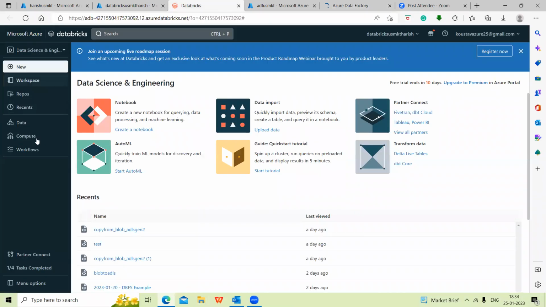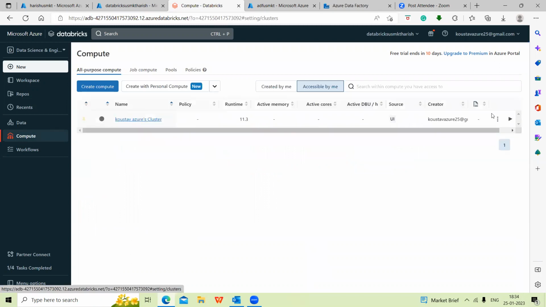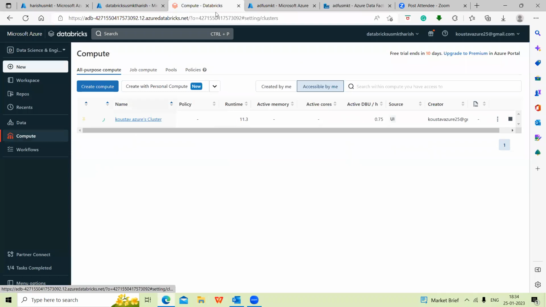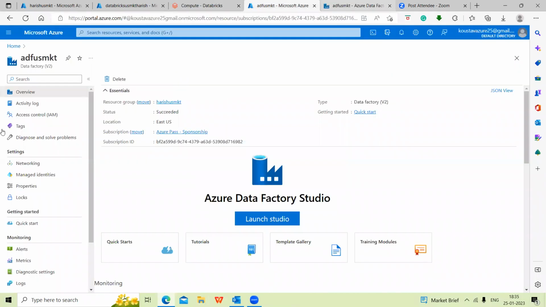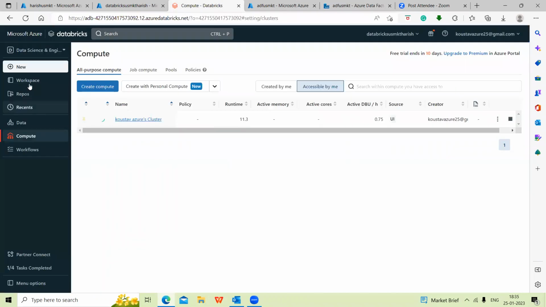So if you go to the Databricks workspace, first you need to create a cluster. About this cluster, I am going to teach you when we start Spark. And we have created the notebook here, right? So if you go to the workspace,